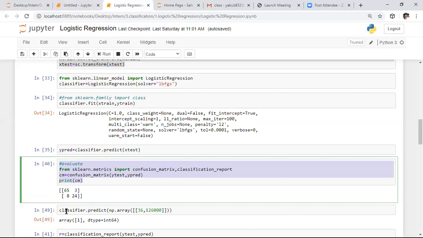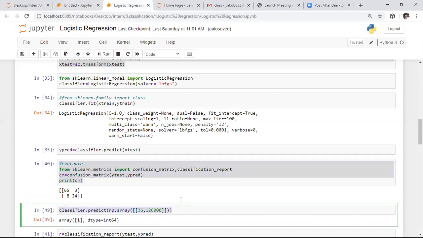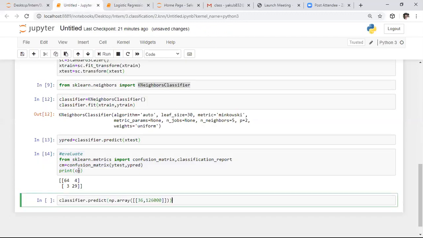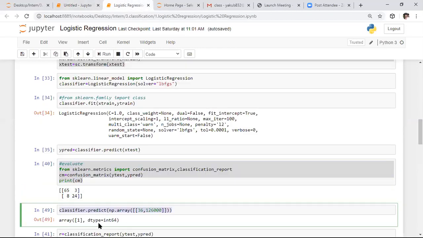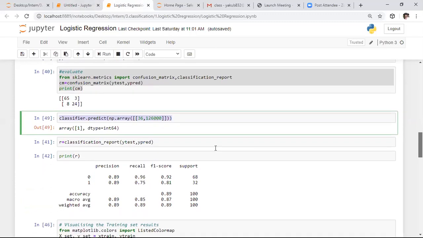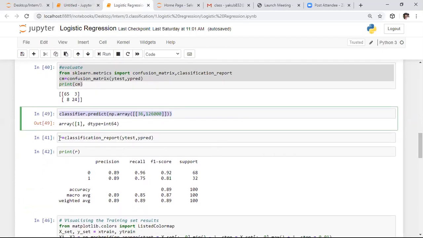And I want to predict the outcome for a new data point. So here I'm giving new data points to my algorithm and I want to predict this data point. If you observe this category, it returns output as 1. That is nothing but that person purchased that specific product. Previously also we got the same thing. Whereas coming to the previous algorithm, we got 89% accuracy, whereas coming to this algorithm, we are getting 93% accuracy.